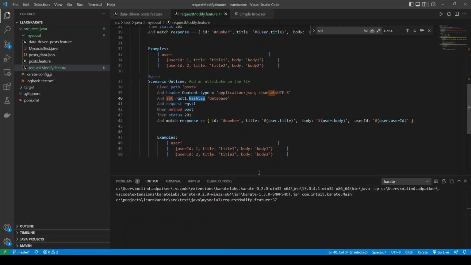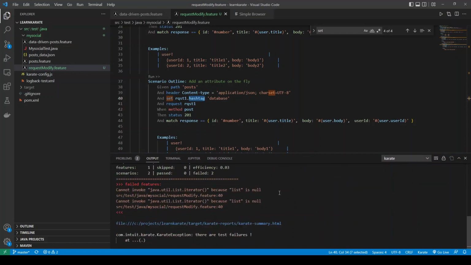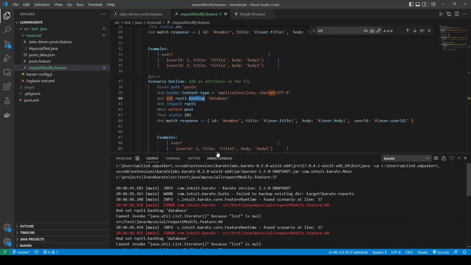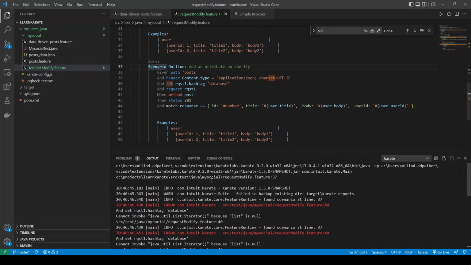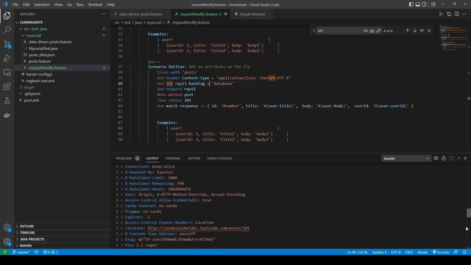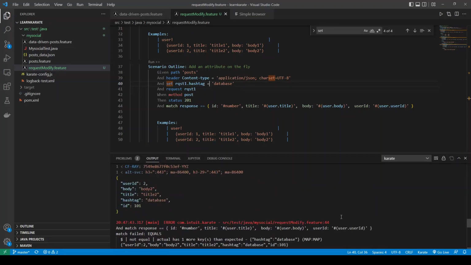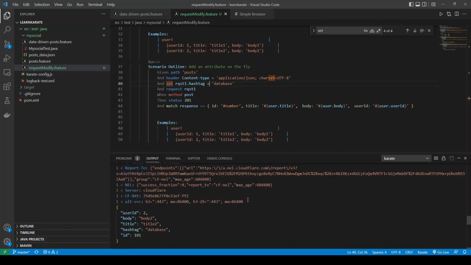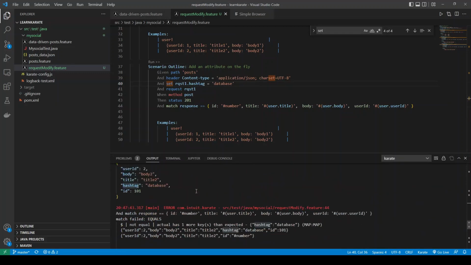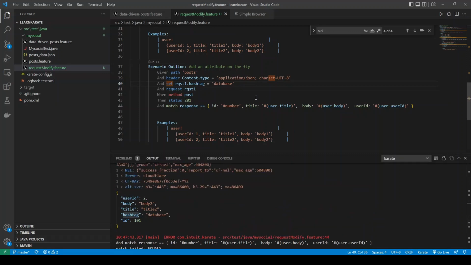And now if we run, I don't know why this failed. Oh, I think I missed an equal sign here. So if I run now, it should still fail, however, but for a different reason. See now, if I look at the last request, you can see that a hashtag attribute was added in the payload. So our code did work, but what failed was the assertion,